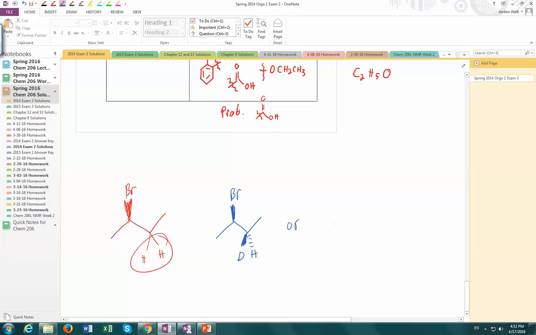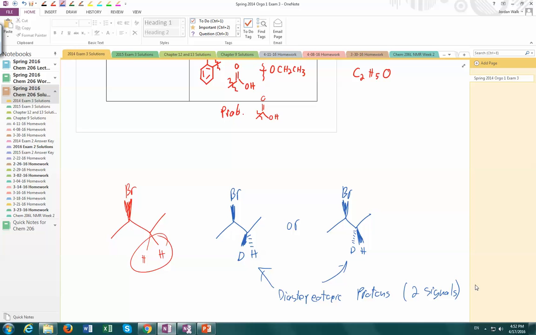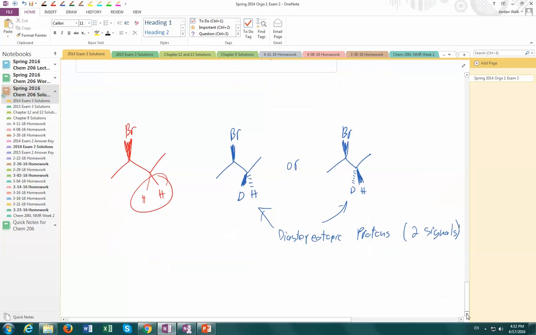If we replaced the other, we would get deuterium on a dash, and so those are clearly diastereomers. And so what we have are diastereotopic protons, and so that means that for those two protons we would see two signals. And why do you see two signals? You see two signals because they're literally in different chemical environments, and so you can prove it with, say,